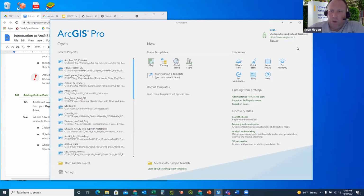When ArcGIS Pro first came out, specifically with the imagery functions, it would jam up all the time, freeze up, and that was a major hassle. Almost all of that kind of stuff has been weeded out through the updates. With that said, as we go on, I'll try to remind you to save your project as you go,